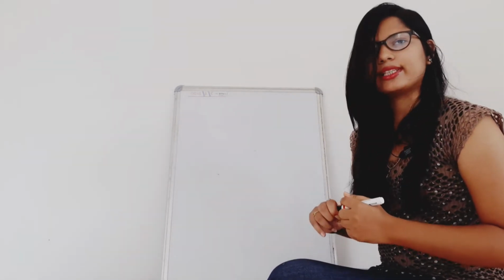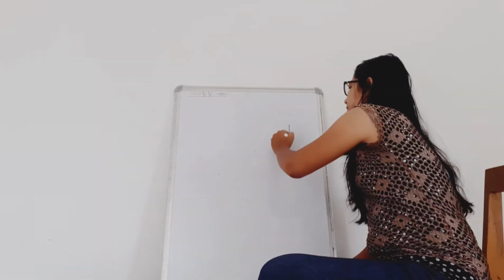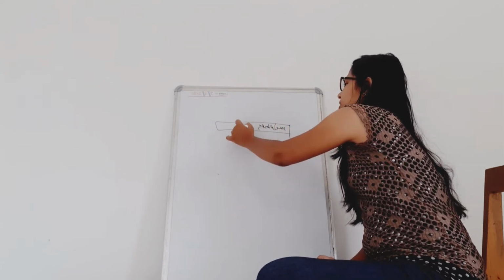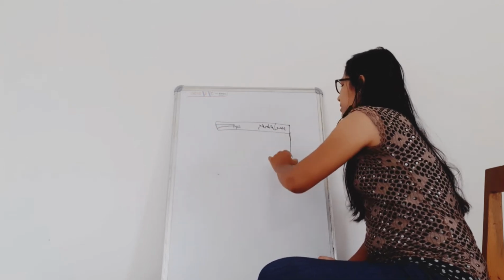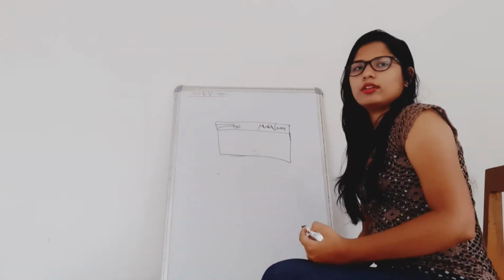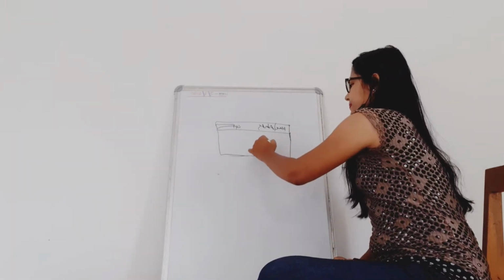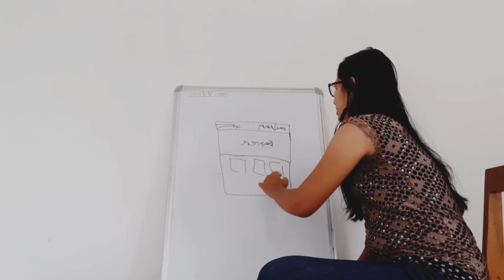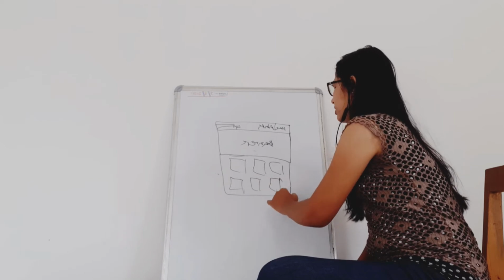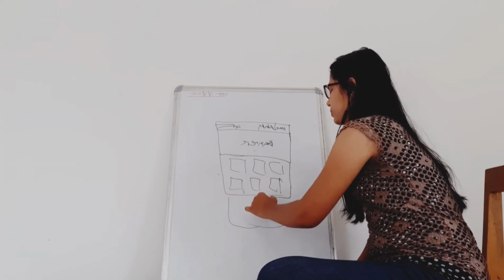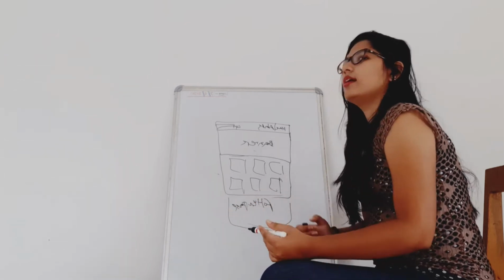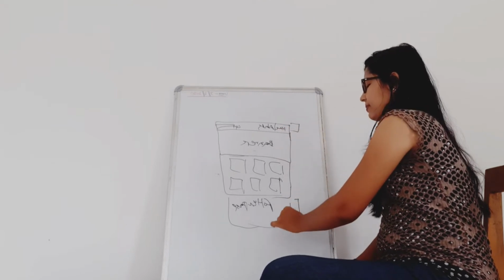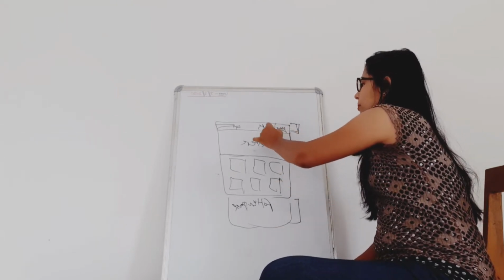Suppose I am going to create a website. There is some page with a navigation bar: home, about us, and some searching options. Then in the next step there is a banner. Then you can see some photos, different photos, and other things. Then there are some footer cards. In website creation, this is the header part and this is the footer part. The header part has home, about us, etc.